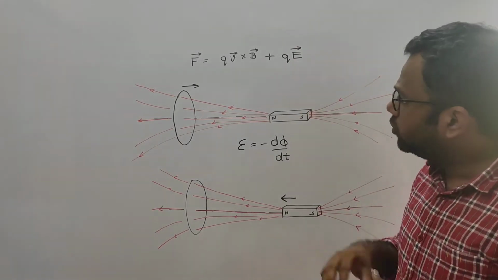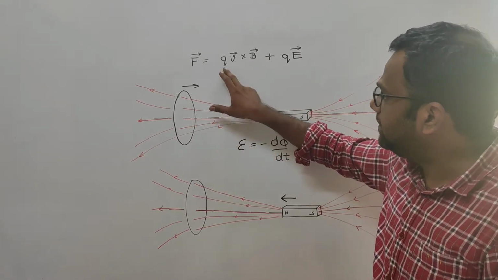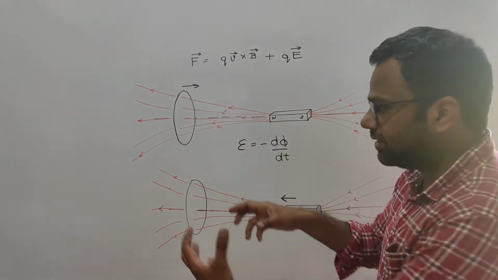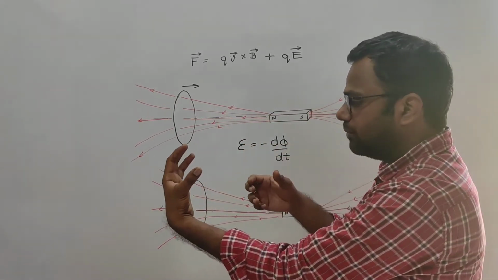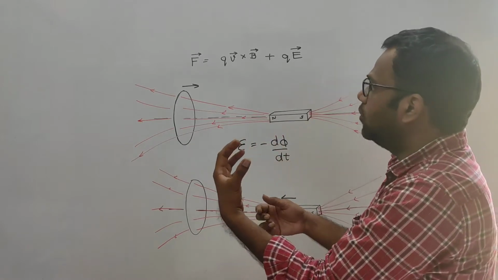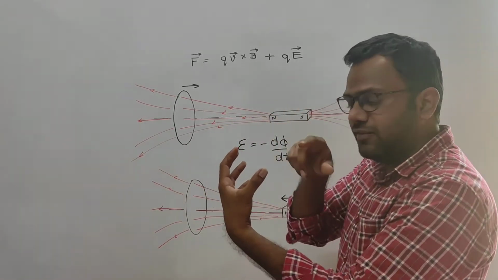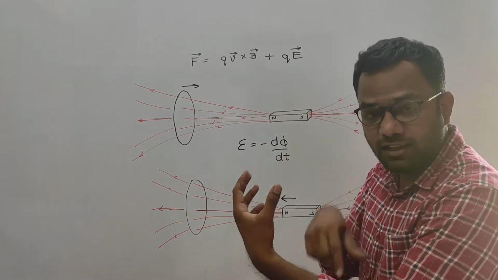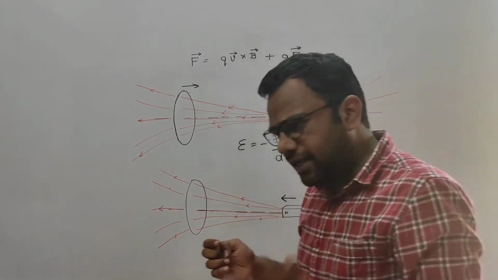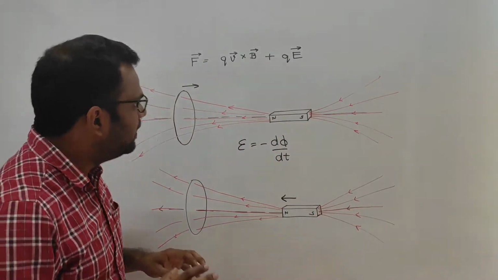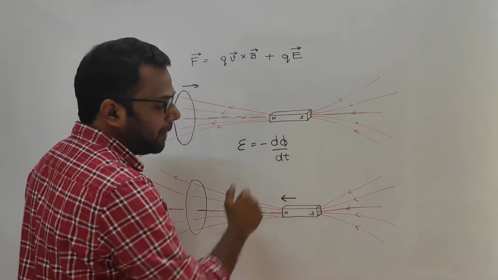Electric field is zero. So the only reason the force is getting acted on the positive charges is because of this formula. Because as the conductor is moving, the positive charges on the conductor are moving with some velocity. So this force will get applied, and hence the charge will start moving. The positive charges will start moving because of this force, constituting a current. And we can show by a rigorous derivation that because of these forces, the EMF induced will be equal to minus d phi by dt.